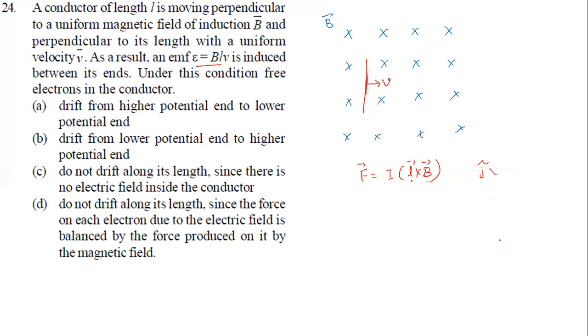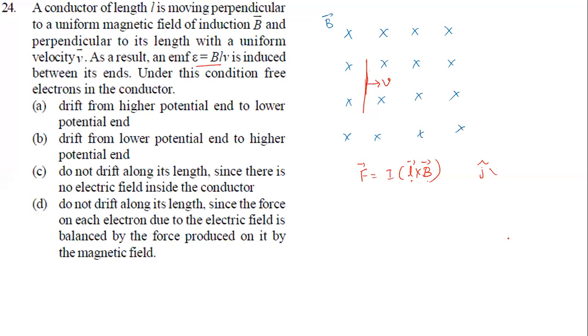So this we have taken as X, this we have taken as Y, and Z is like this, towards you. The force is minus I cap. It becomes a little bit tricky, right? Like this, the force is in this direction. That's not going to happen. So this is not possible because the force is negative.